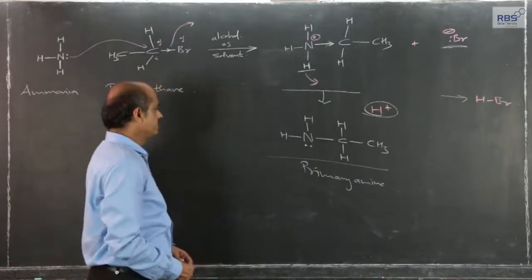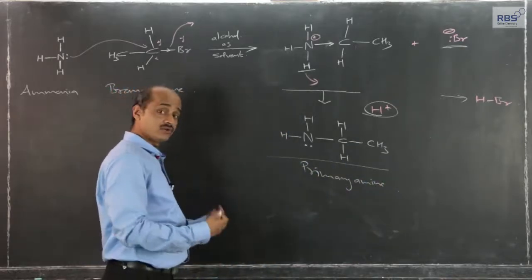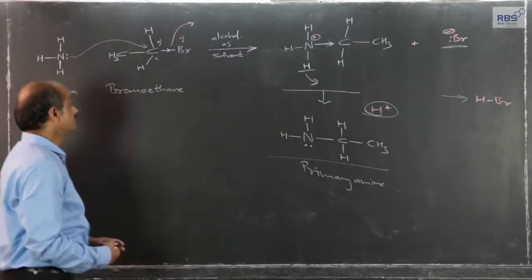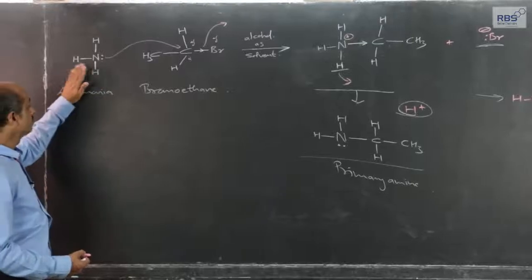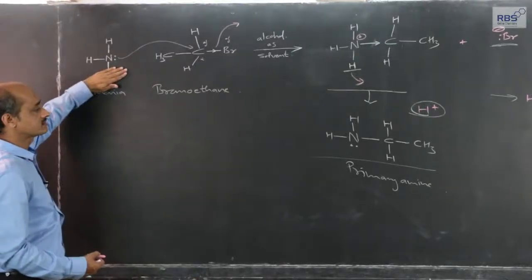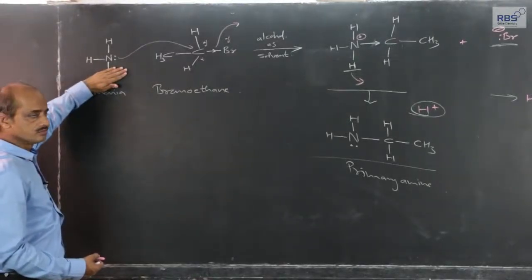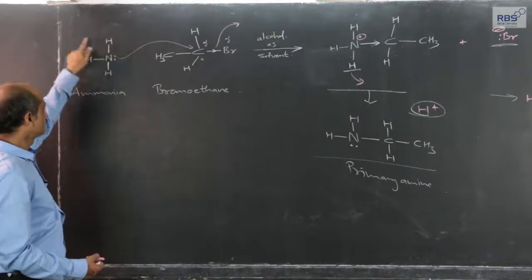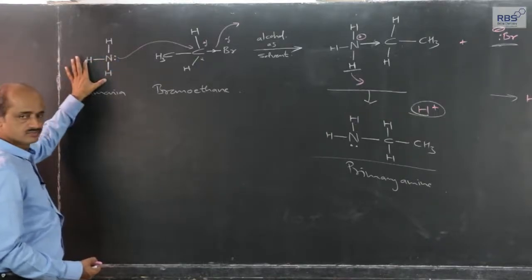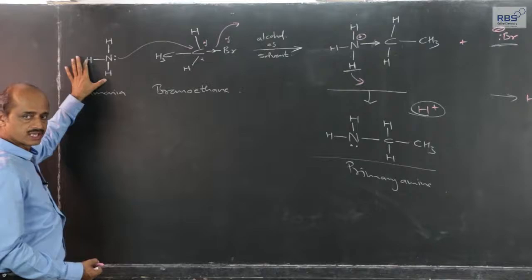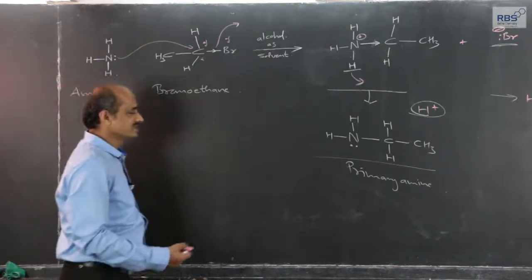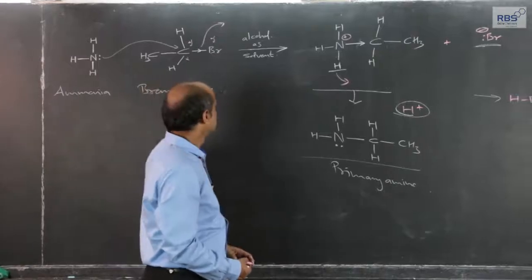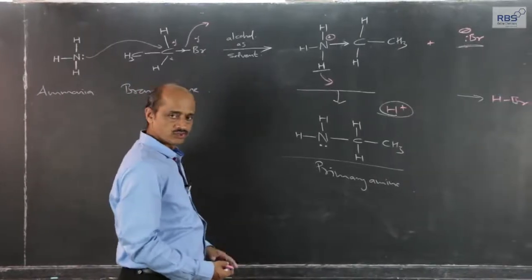Why is it a primary amine? Because the classification of amines is done by considering ammonia as the parent compound. If only one hydrogen atom of ammonia is replaced by an alkyl or aryl group, it is a primary amine. Out of the 3, if 2 are replaced by the same or different alkyl or aryl groups, it is secondary. If all 3 are replaced, it is tertiary. That is the preliminary part that you can go through in the textbooks.